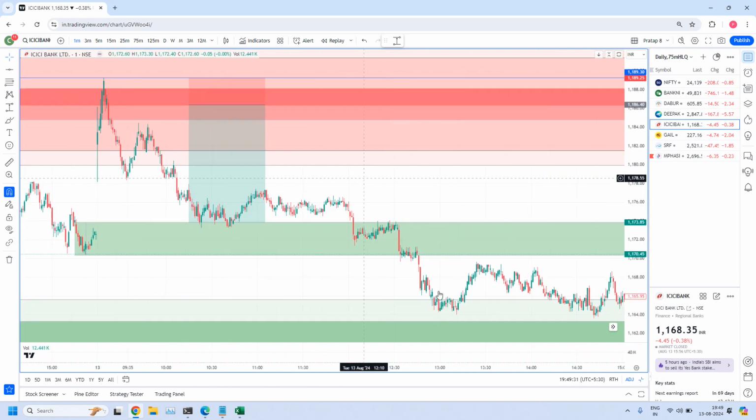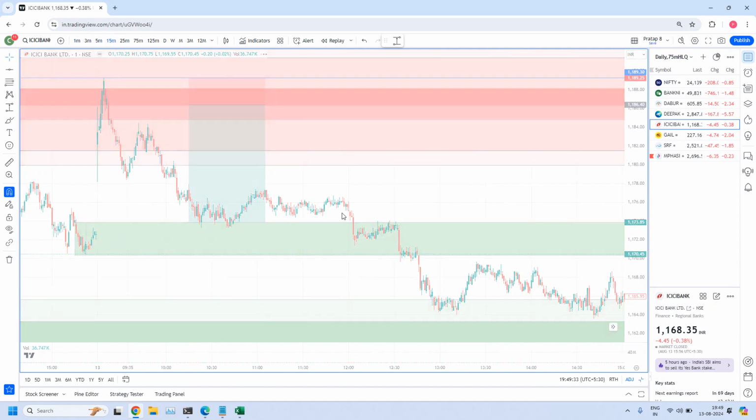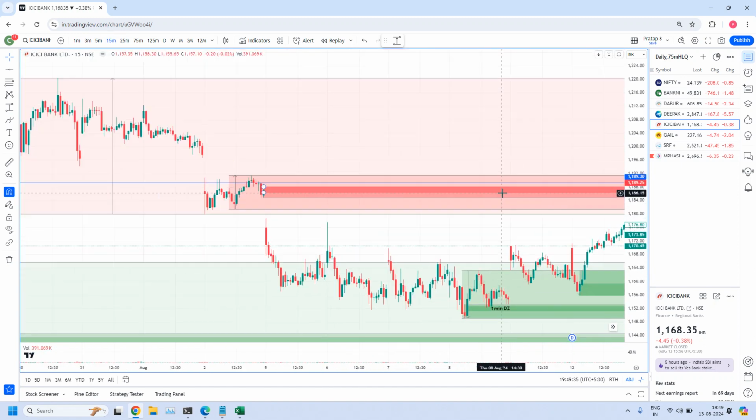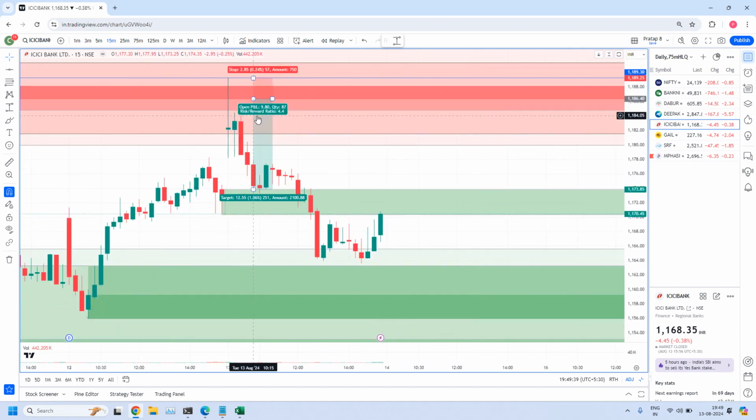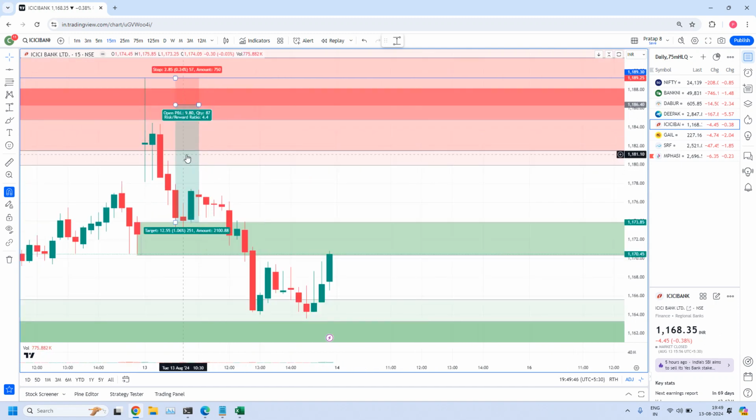Okay, if you would have taken ICICI Bank, what is the target? The 15 minutes target, because this is a short trade. And what is the RR you got? This trade has given 4:4 RR, from the supply zone to here. We have an ERC candle as a leg-in, then a base candle, and then a rally candle with hidden body. This is the 15 minutes target. So you got the entry, and after that it reached the 15 minutes.